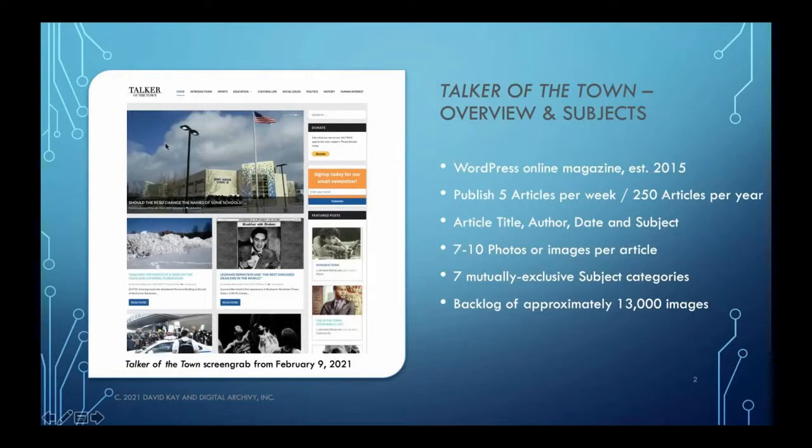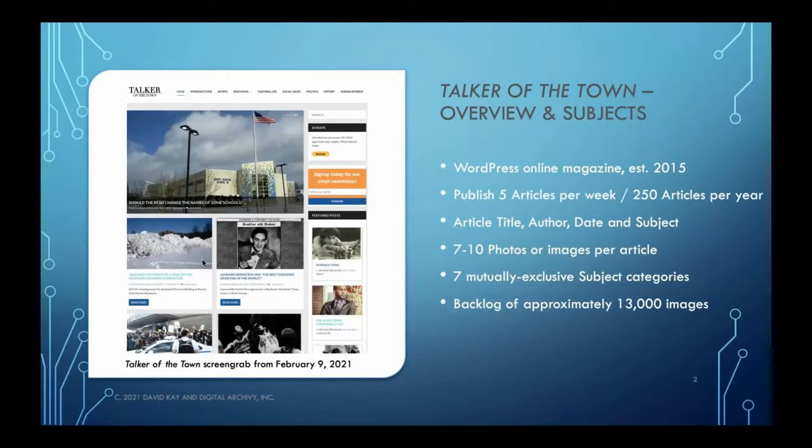So you can see some of the metadata is already here. This is the title. Here's the creator. If you can see the small print. Here's the subject category. Here's the date uploaded. And you also have the subject categories up here. Each of these articles has about 7 to 10 photos or images associated with them. But on the website, you'll see after we finish this demo how you're only getting the tip of the iceberg